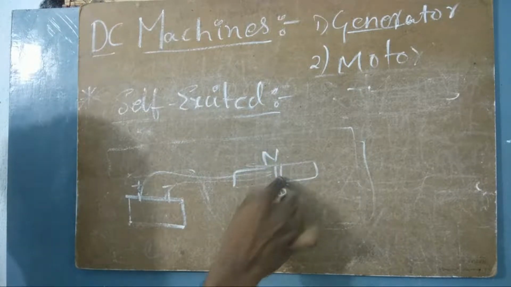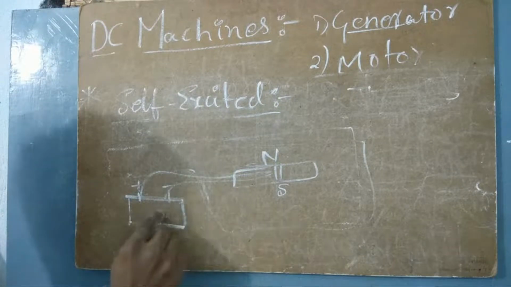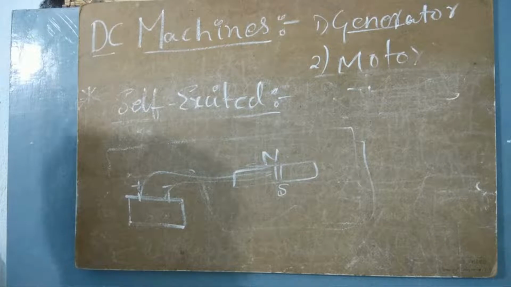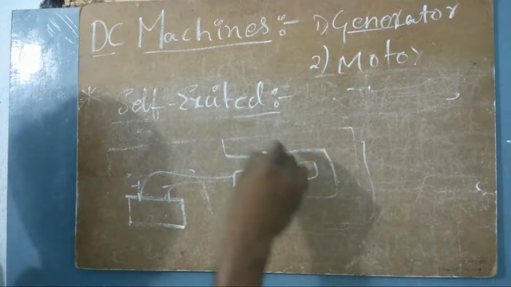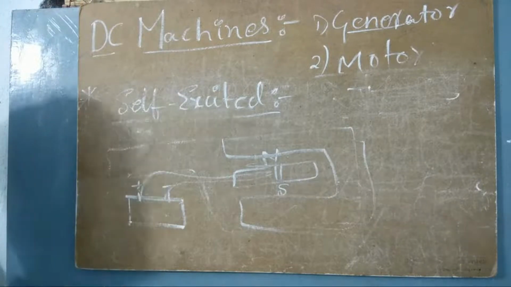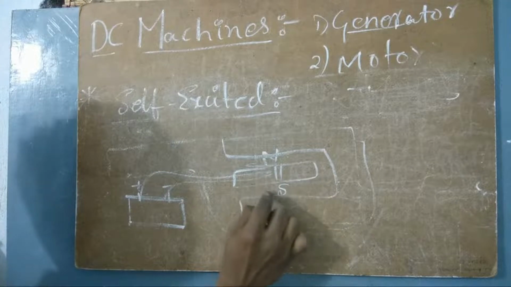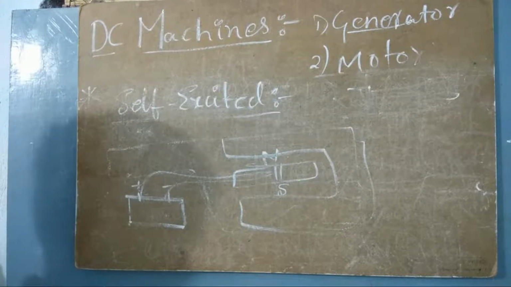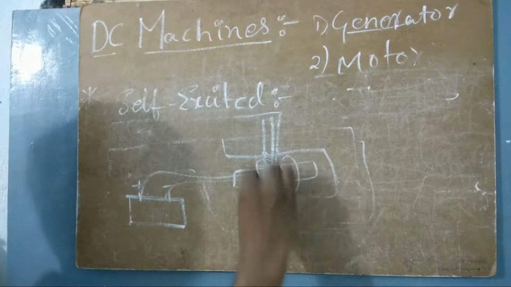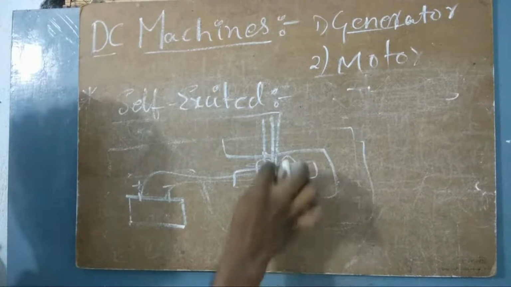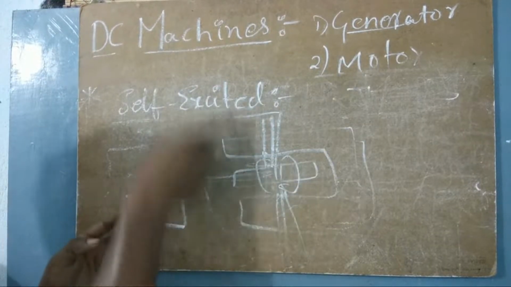Why is winding always there in complex machines? Only for producing the magnetic field, there are windings. For the produced magnetic field, there must be some other winding which we call the armature winding, because in the case of synchronous motors and generators, we are going to talk about that. But here this is called the field because this is producing the field, which is north and south. The field lines will be in this direction, maybe something like this. South has field lines like this and north has field lines like this.